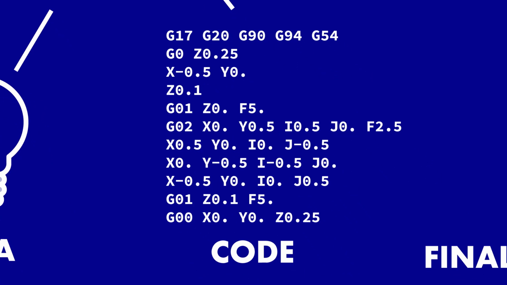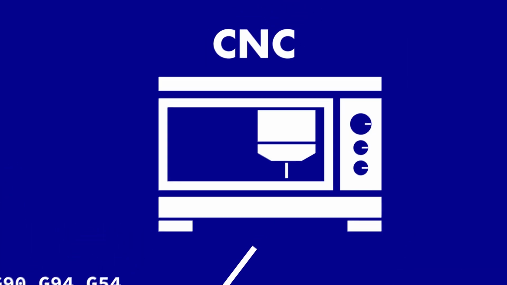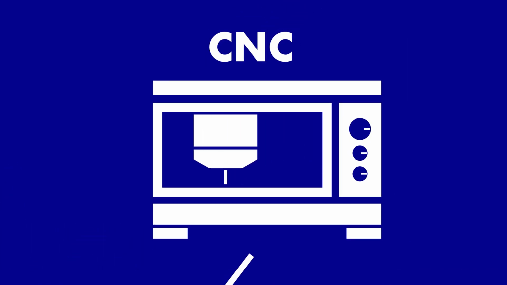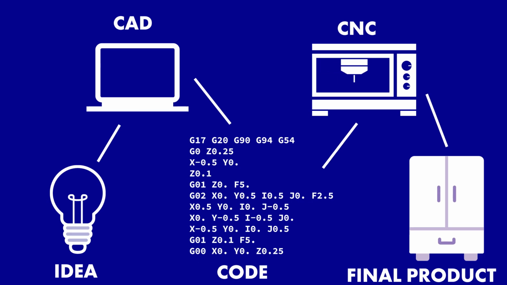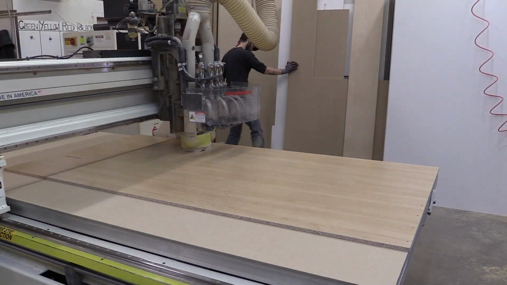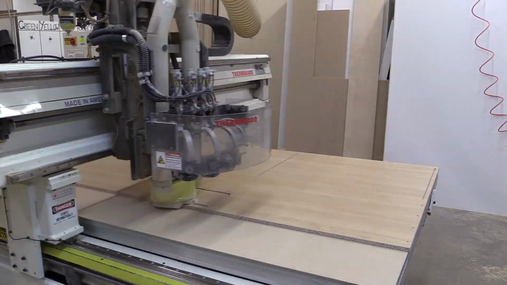This conversion is done using computer-aided manufacturing software. Finally, the computer numerical control machine reads the code to perform the operations required to create the physical product. There are many types of CNC machines, and many projects require the use of a variety of them to get the job done. Let's take a deeper look at the machines that work together to create the kitchen cabinets for